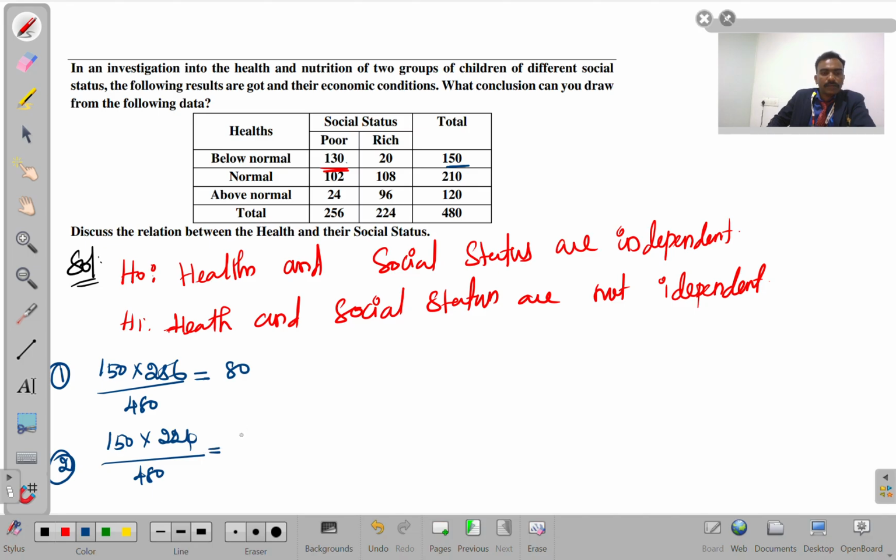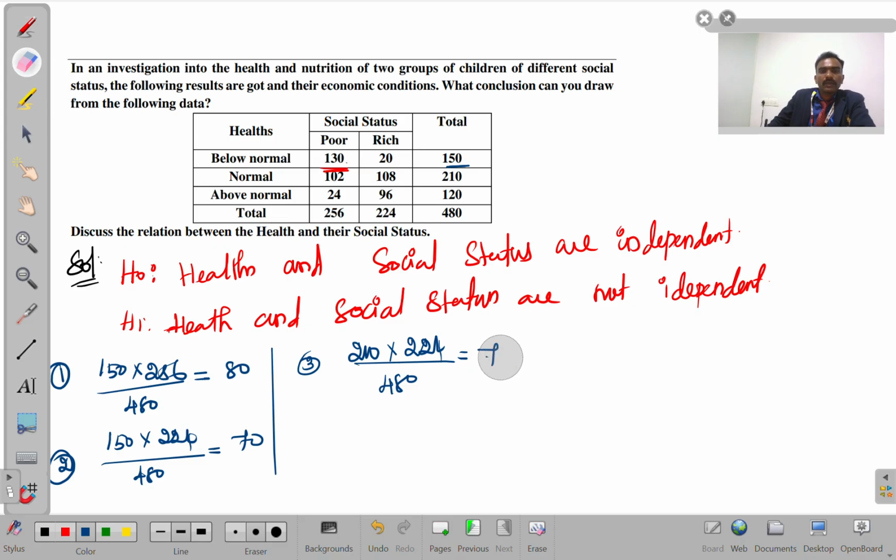The value is 70. Similarly, we can find the next one, 102. For the value 102, the corresponding row total is 210 into 224 divided by 480. The value is